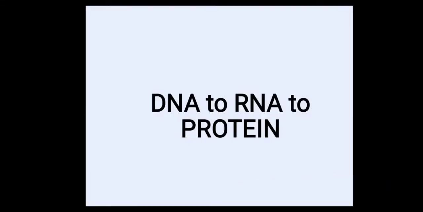Let's talk about the central dogma. What is the central dogma? The central dogma is the process by which the instructions in DNA are converted into a functional product. It was first proposed in 1958 by Francis Crick, the discoverer of the structure of DNA. The central dogma of molecular biology explains the flow of genetic information from DNA to RNA to make a functional product,